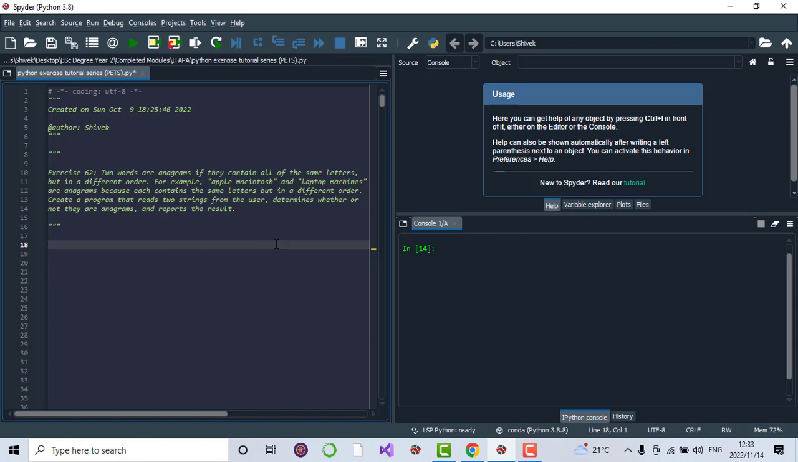Exercise 62. Two words are anagrams if they contain all of the same letters but in a different order. For example, Apple Macintosh and laptop machines are anagrams because each contains the same letters but in a different order. Create a program that reads two strings from the user, determines whether or not they are anagrams, and reports the result. Okay, guys, so looking at this exercise, we see that we are having another exercise that now tests our